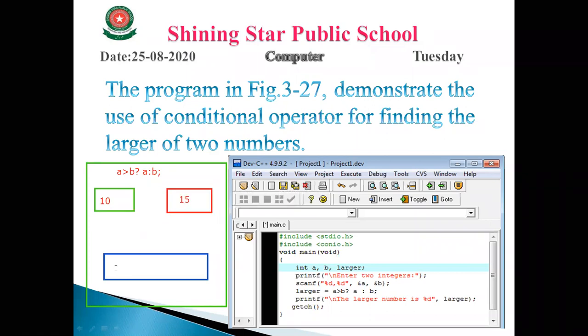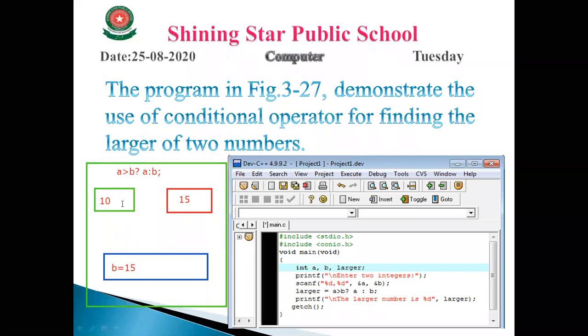Now, what is the larger? First of all, we check the condition. The condition is false because A is not greater than B. So larger takes the value of B, that is equal to 15. So it means larger will get 15.